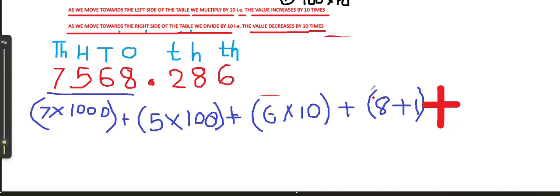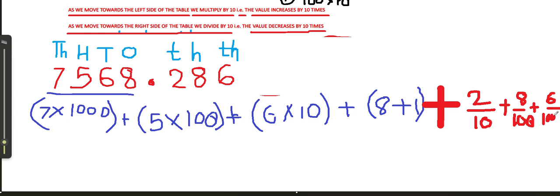I'm going to get started with the decimal part. So 2 belongs to the tenths place, so it is a 2 over 10. 8 belongs to the hundredths place, so it is 8 over 100. And 6 belongs to the thousandths place, so that will be a 6 over 1000. It is better if I write it at the bottom. Oh, no, I could fit 1000 over there. So that would be a